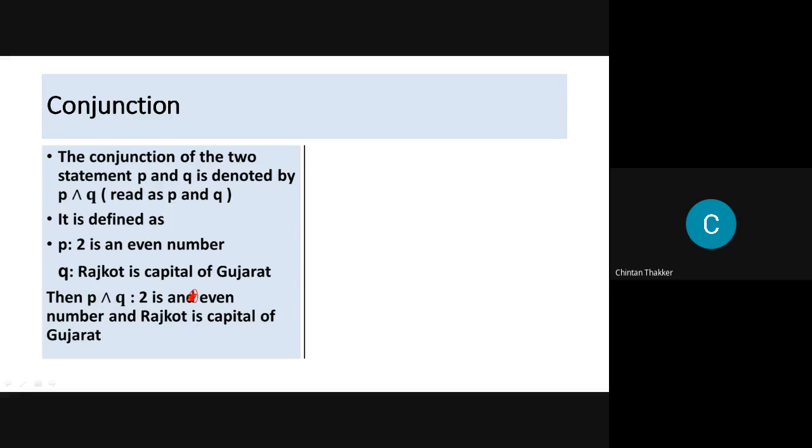Now the truth table is given by, so here we use the AND operator. When we use the AND operator, if both statements are true, then the statement becomes true. If any one statement is false, then the AND statement is false. So we have the truth table. It is given by